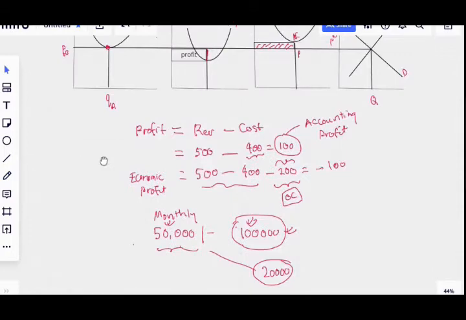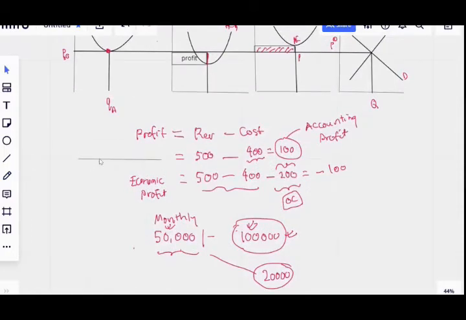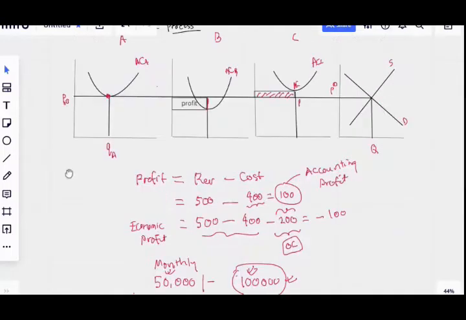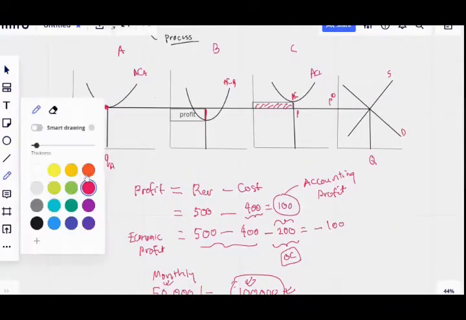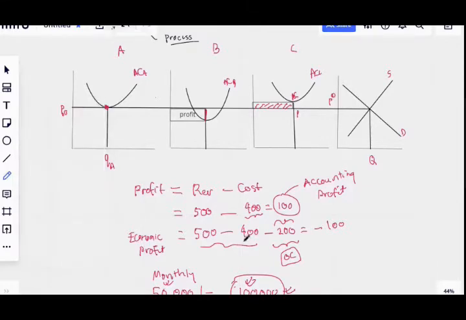So when we draw this diagram, oops. Sir, can I ask a question? Yes. Sir, economic profit does not consider anything else rather than opportunity cost? No, your cost is already here. On the top of it, I'm talking about this. So this is your accounting cost, right? How much I paid. So it's already there. But I'm saying, no, there is one more unit. And that's what actually happens in the market.